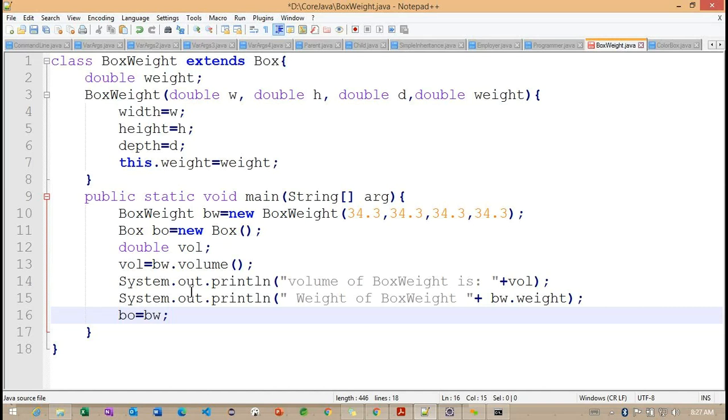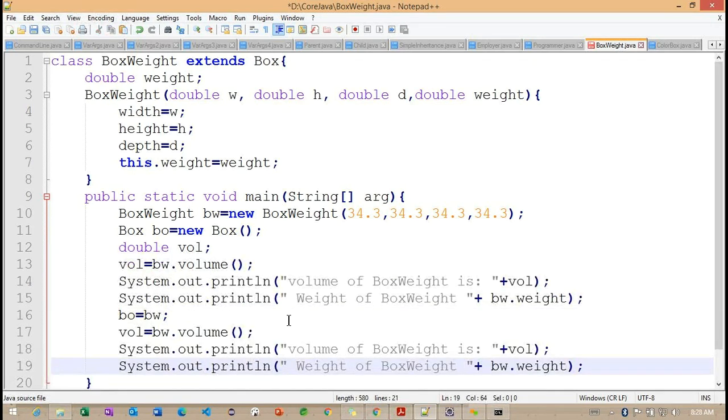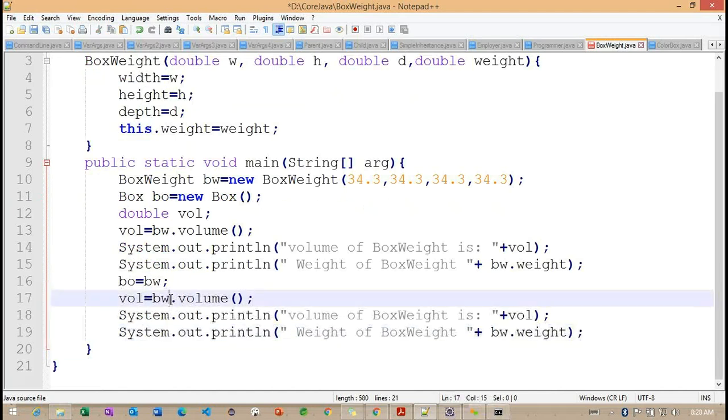Now whatever box weight object we have, we are initializing that box weight object information into BO. Whenever I initialize here, I want to check with all these three, with the help of BO.